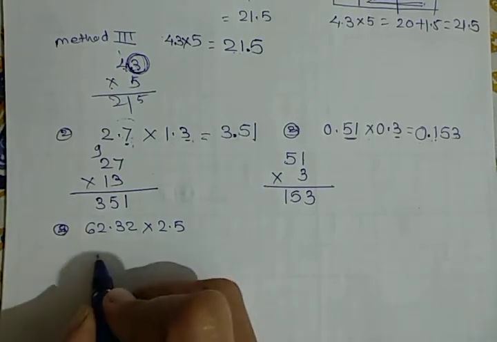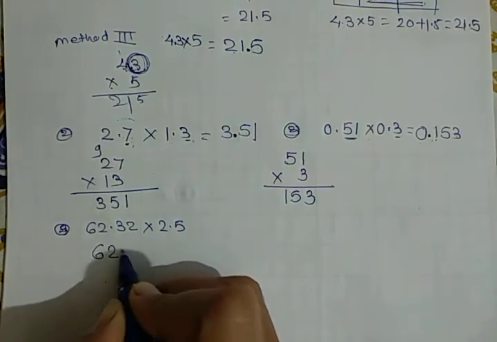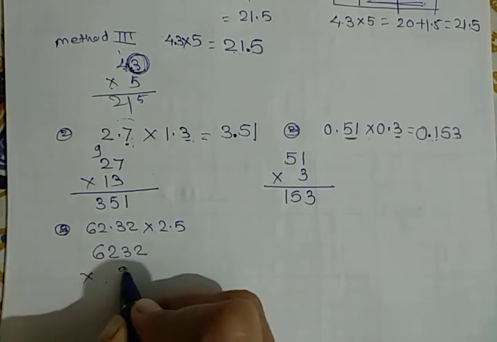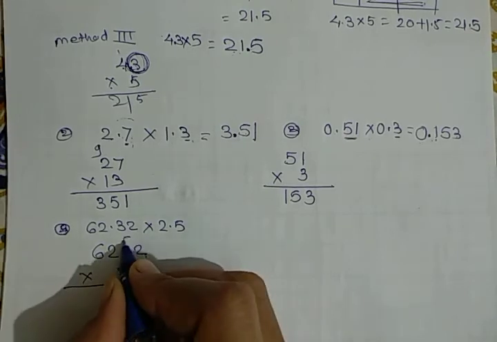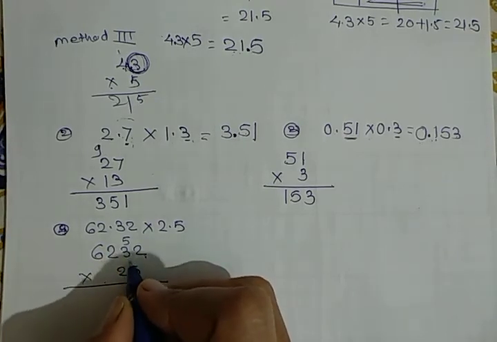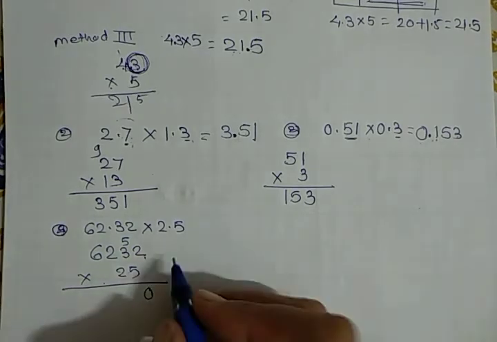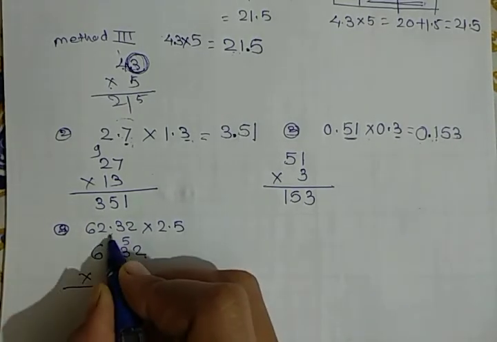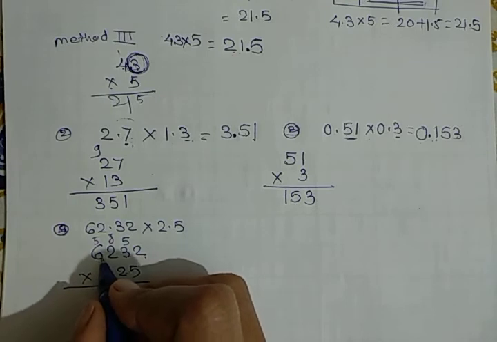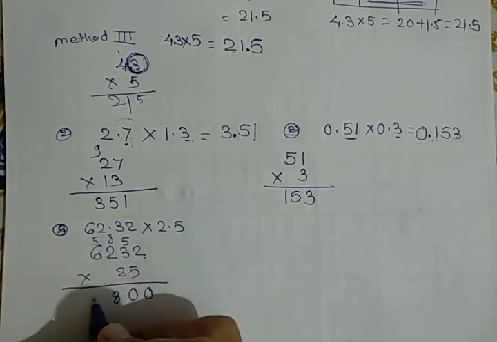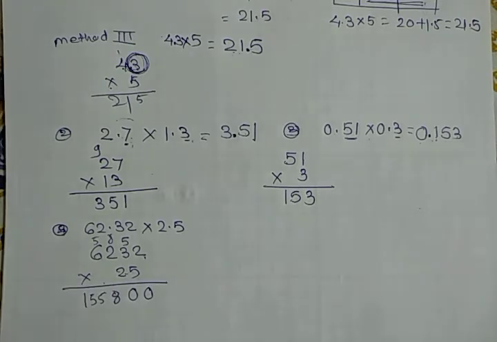So first do simple multiplication here: 6232 multiplied by 25. 25 twos are 50. 25 threes are 75. 75 plus 5, that is 80. 25 twos are 50, 50 plus 8, 58. 25 sixes are 150, 150 plus 5, that is 155. So here the answer is